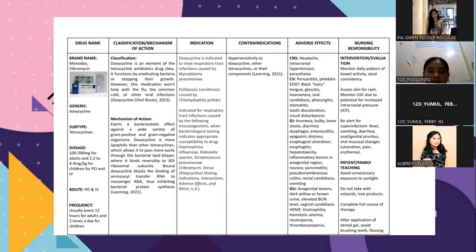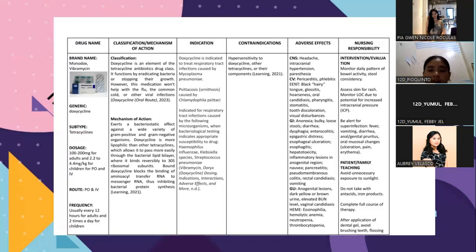The classification of doxycycline: it belongs to the tetracycline antibiotic drug class. This class of antibiotic is used to treat bacterial infections. Doxycycline works by either killing bacteria or inhibiting their growth. It's important to note that it is not effective against viral infections like the flu or the common cold. So in the mechanism